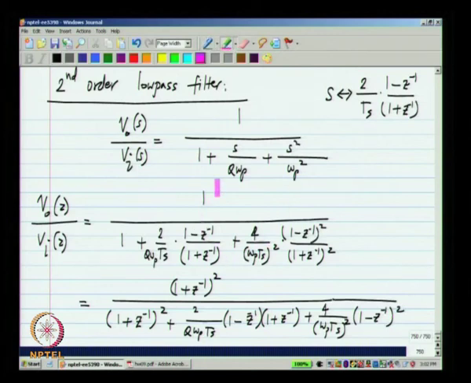So, the bottom line here is the continuous time low pass filter transforms to a discrete time transfer function, which has a second order numerator and a second order denominator. Now, as we saw from our filter, the resulting transfer function is also something that has a second order numerator and a second order denominator. So, by adjusting the values of these capacitors, you will be able to get any discrete time transfer function that you wish to have. So, you will be able to realize band pass and other types of filters.